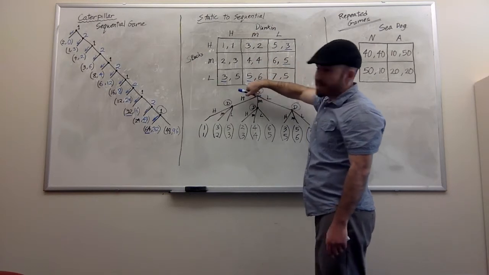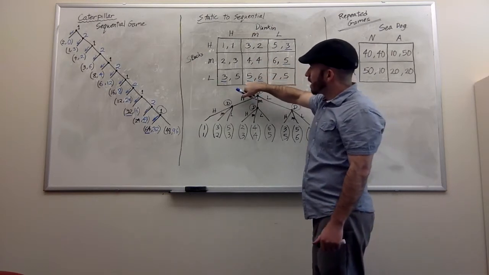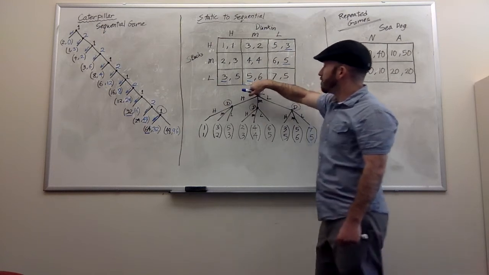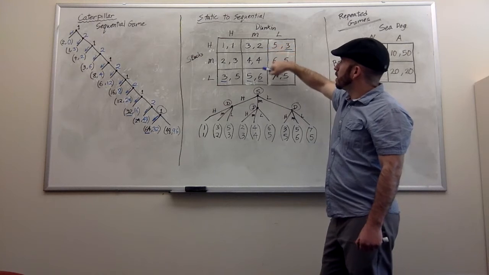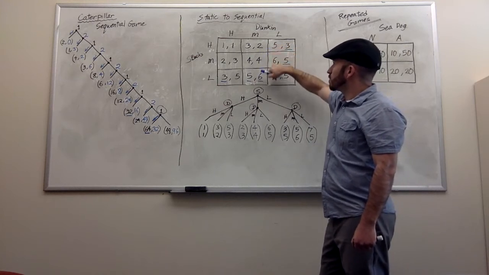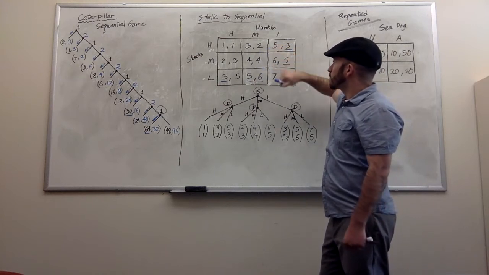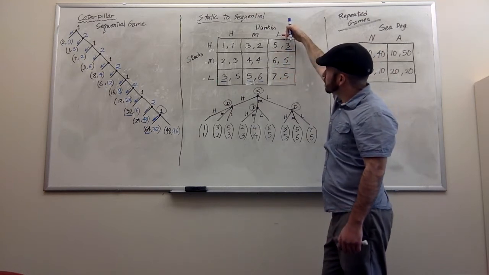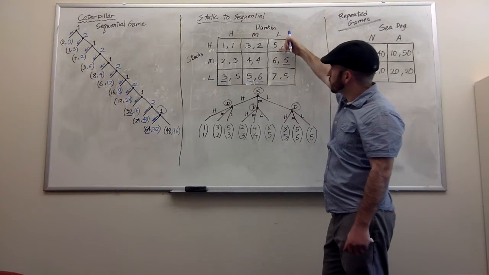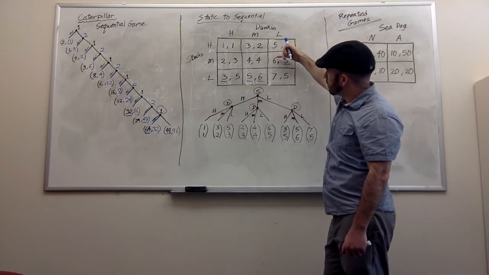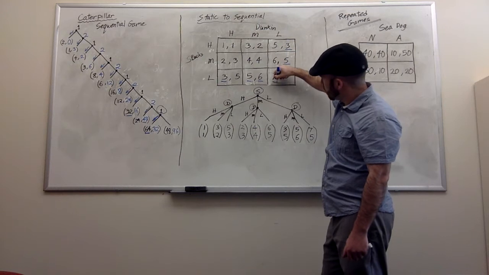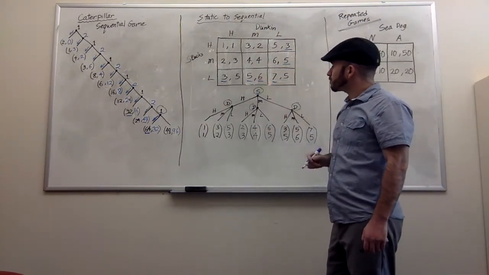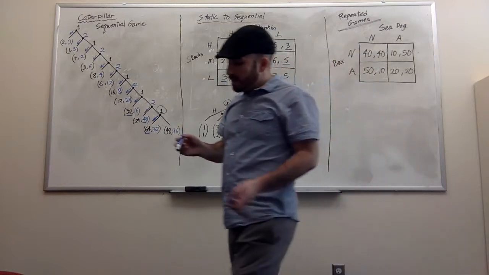I have already identified a Nash equilibrium here because both players are playing a best response. However, it is possible to have a second Nash equilibrium if one of these were also a best response for Starbucks. But when we look at Starbucks' best response when Dunkin' chooses low, Starbucks is choosing between 5, 6, and 7. So that's their best response there. Right? Note that